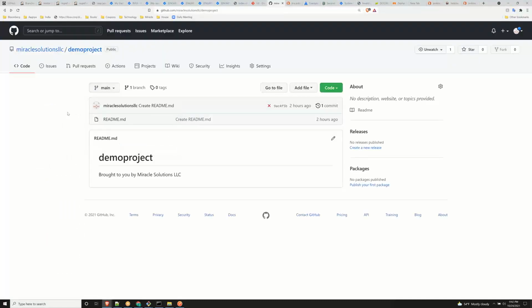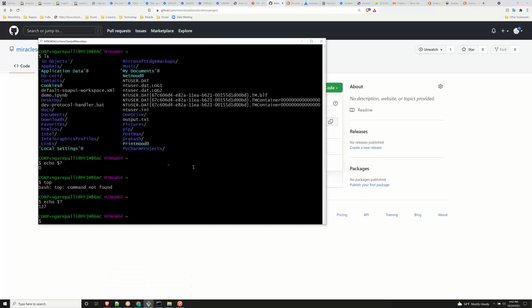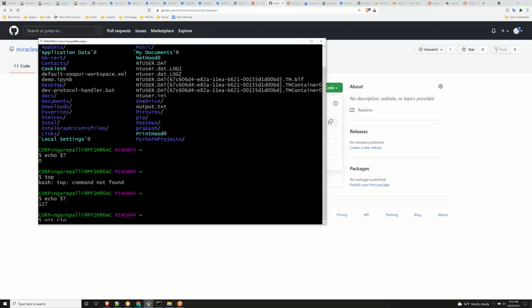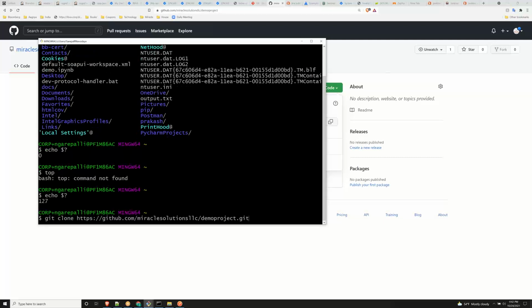This is our dummy repository that I created. So you guys can go to this, and you can click on this code link. There are two options here, HTTPS and SSH. You can choose any one of them, but go with HTTPS for now. Copy that link, and go to Git Bash, and say git clone. Let me increase the font here. So you're going to say git clone, and you're going to give it the link. As soon as you hit enter,